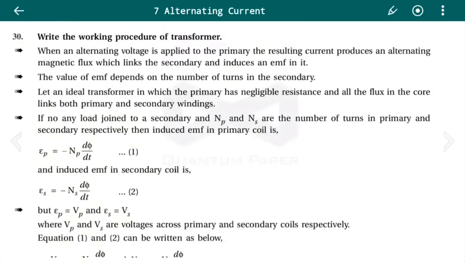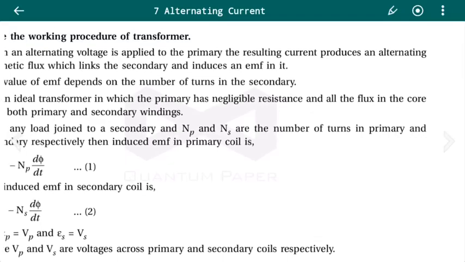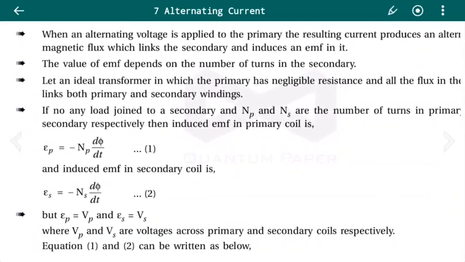Now let us see the working of the transformer. When an alternating voltage is applied to the primary, the resulting current produces an alternating magnetic flux, which links the secondary and induces an EMF in it. The value of the EMF depends on the number of turns in the secondary coil. Let there be an ideal transformer in which the primary has negligible resistance and all the flux in the core links both